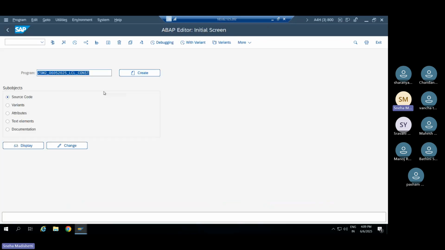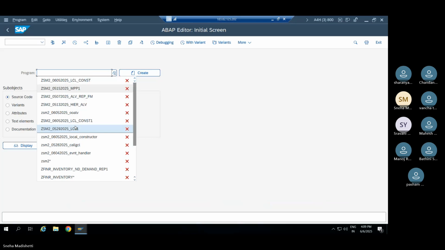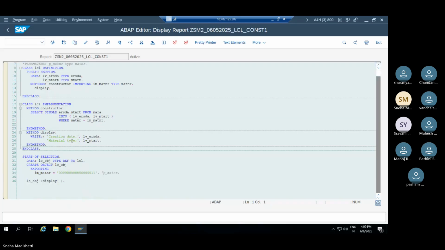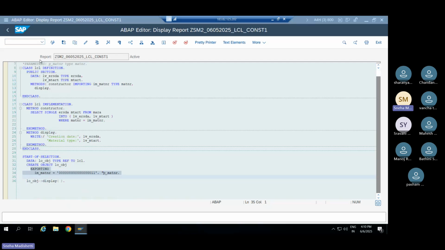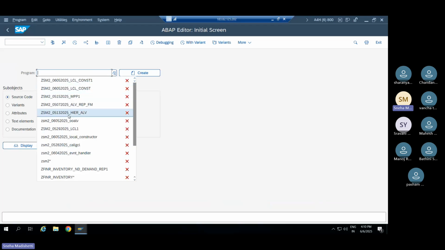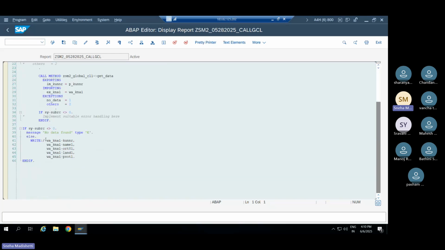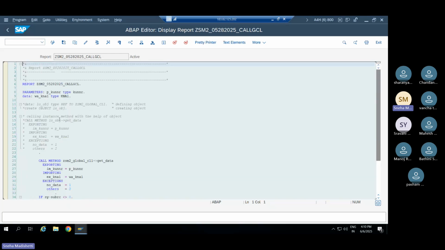Now, if I go to the second program, if you see, I have written create object after exporting. Till yesterday's class, before that, I did not use this code. I used to write create object name. Whenever I call any global inheritance or local inheritance, if you observed in the previous classes, this is a global class. So directly I used to write